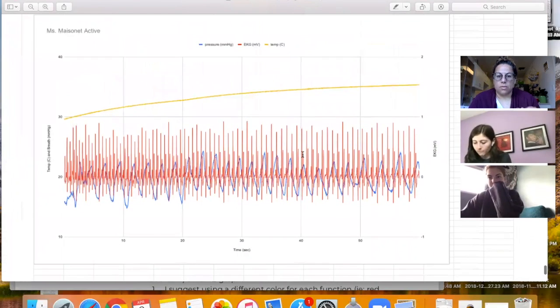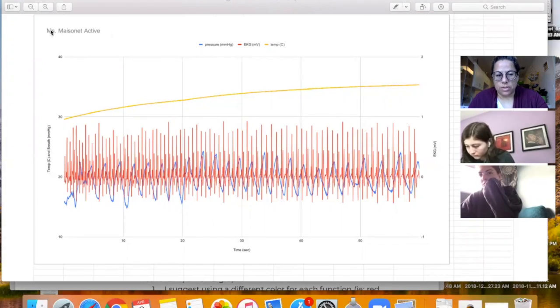So in the end, you want your graph to be titled exactly like this. This is the key, right? You want it to have some kind of title at the top that tells me whether it's at rest, active, or active plus BFT. I want to see a key. Can you see the cursor when I'm circling? Yeah, okay, good. I want to see a key that shows me which color means what